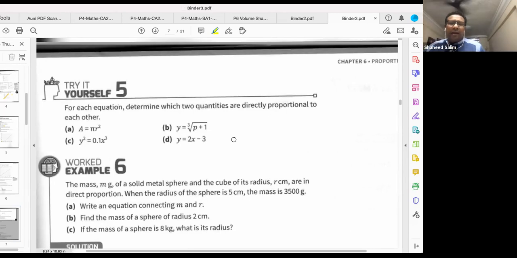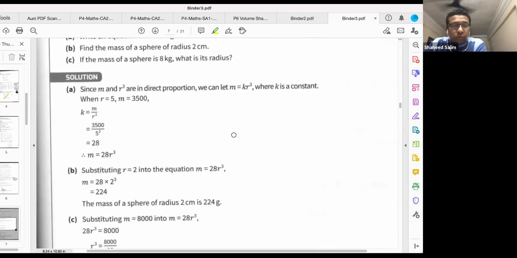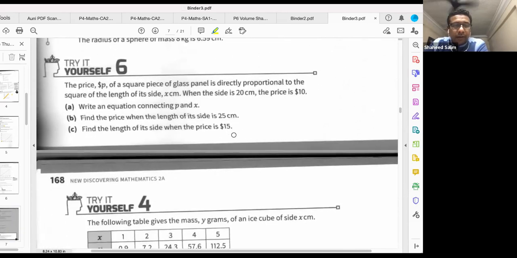You have not learned sphere lah. Volume of sphere you all learn already. Okay, we have to give this round a pass. Okay, we move on to. Sorry,